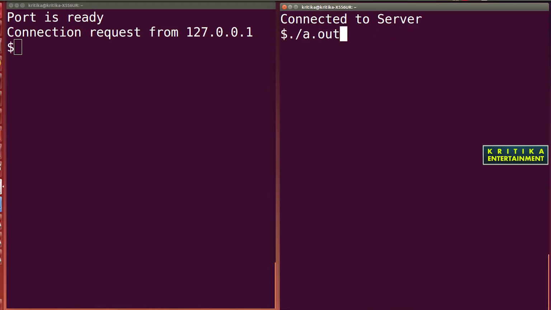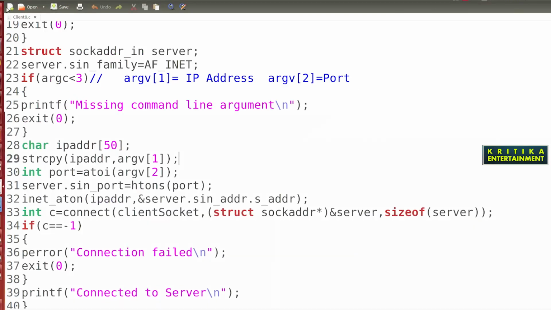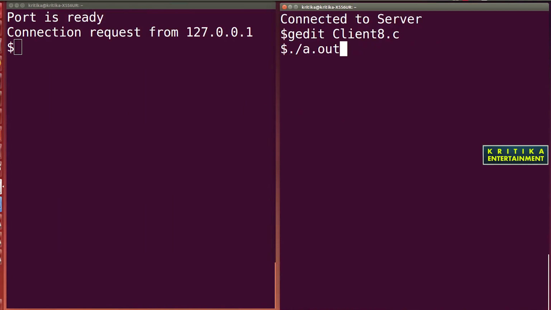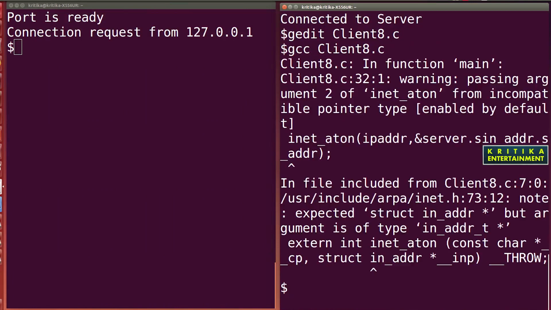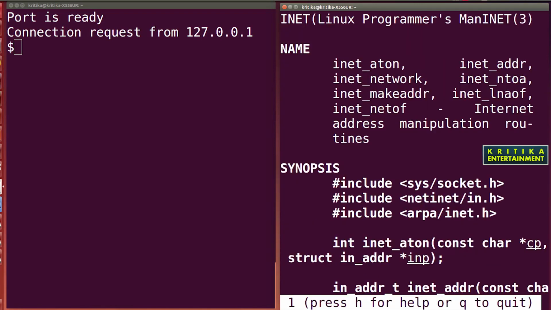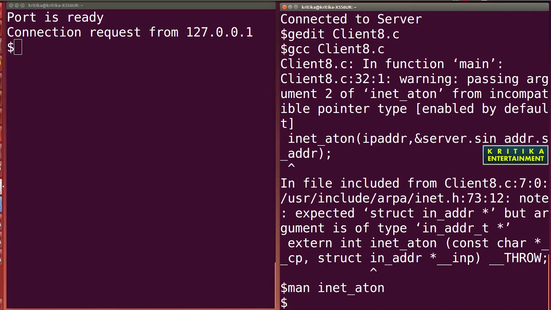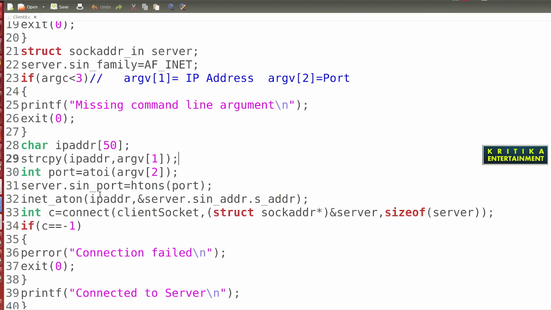But here, why does it display this error? I want to tell you, if you are not clear about C, then you will find this error. So for this you can also write man inet_aton. It will display some help. Till then I want to tell you why this error occurred.